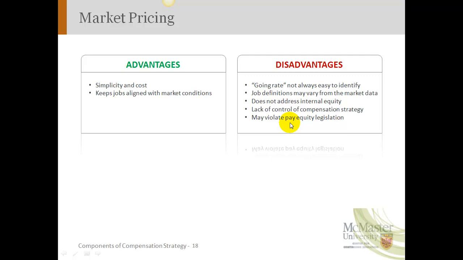It may not keep you in step with pay equity, but don't forget, under the legislation, there are what we call differences that are allowed under pay equity. So if you're paying a male-dominated job class more than a female-dominated job class, which scores equally under skill, effort, responsibility, and working conditions, which are the four compensable factors under pay equity, if it's a market condition, it's considered a permissible difference to pay more.